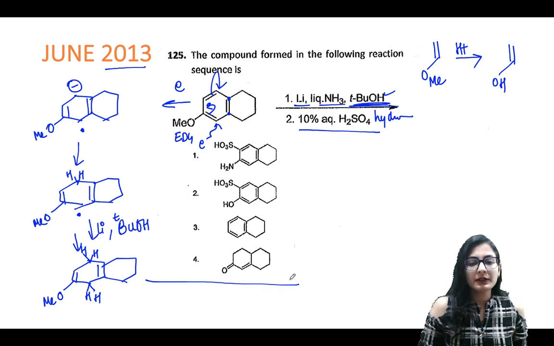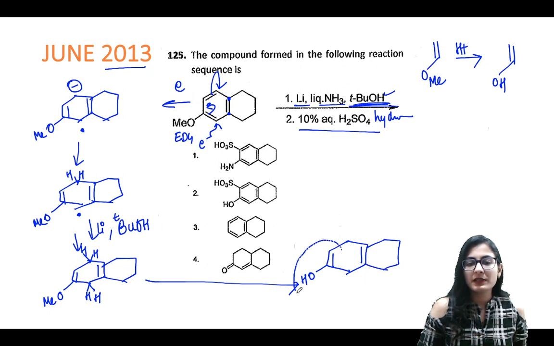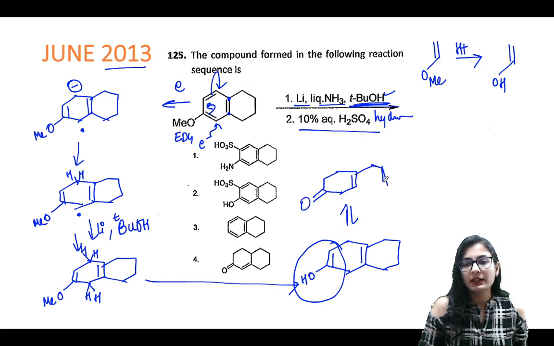And if you do the hydrolysis of this molecule, you are going to get something like this. It is OH, a double bond and a double bond over here. This is what we get. Now you must be able to recognize that this is the enol form. Okay, and it might also tautomerize to the keto form, right? It might tautomerize to the keto form.